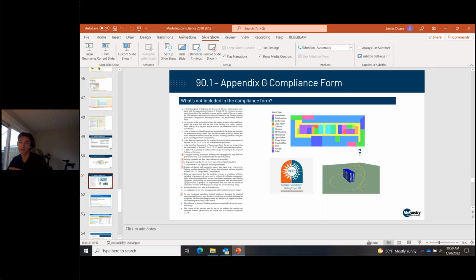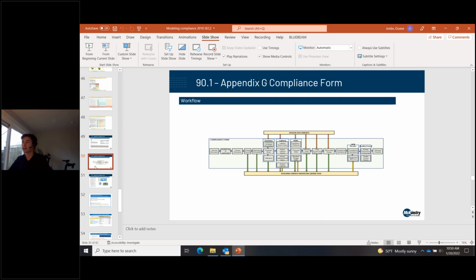If you go back to the workflow, the compliance form hasn't fully replaced the documentation tools we still maintain for envelope, lighting, and mechanical. That's because the compliance form has so much formatting built into the tool. You can't add columns or rows and delete things. So for us, it doesn't fully replace the other input documentation.